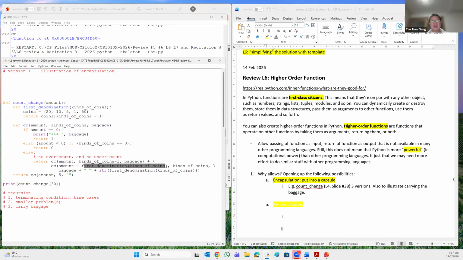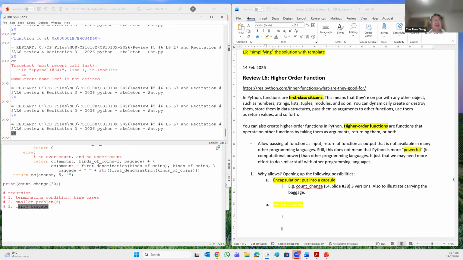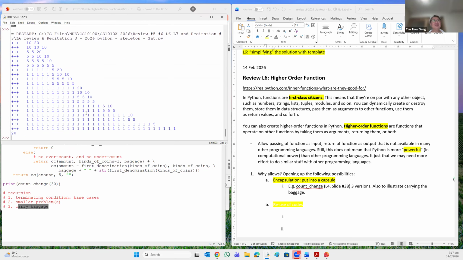I use this coin to make the change, so I subtract the amount away. So I added this denomination into my baggage. I make it into a string before I add it. And that's all I needed to do to carry baggage from one level of the recursion to the next level. And I can see now that my answer, if I don't make any typo, see? So I have 20 ways. And what are these 20 ways? It looks like